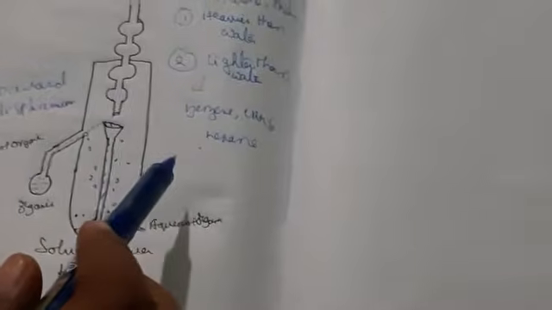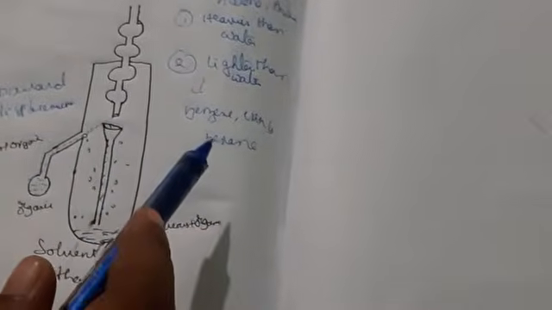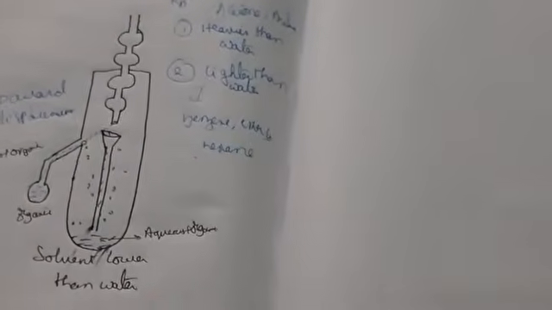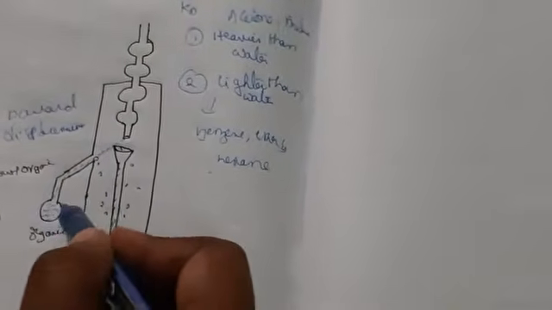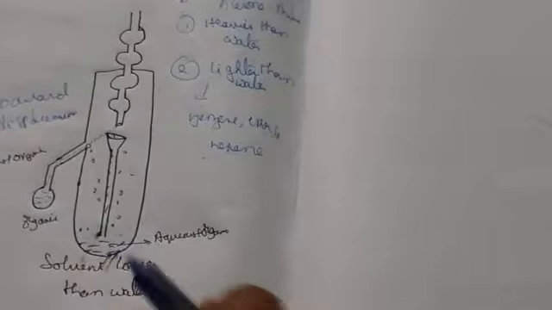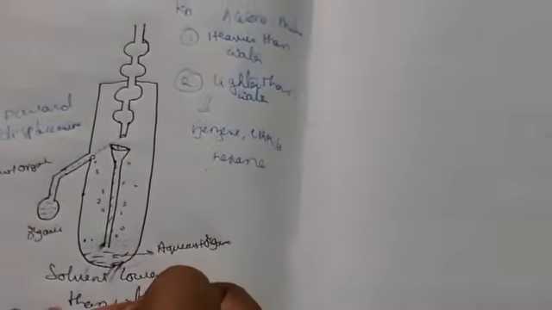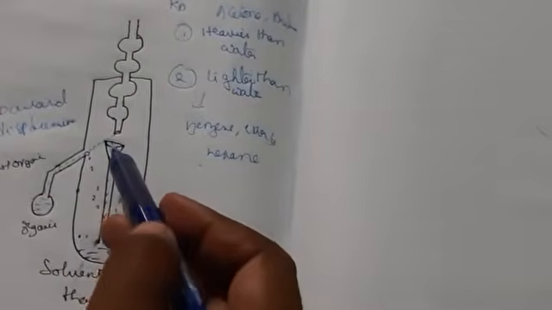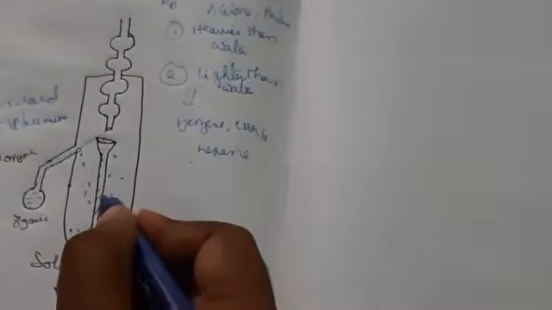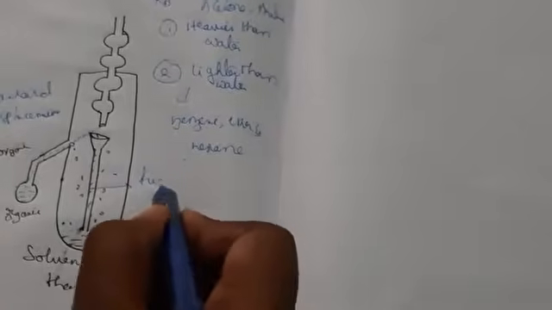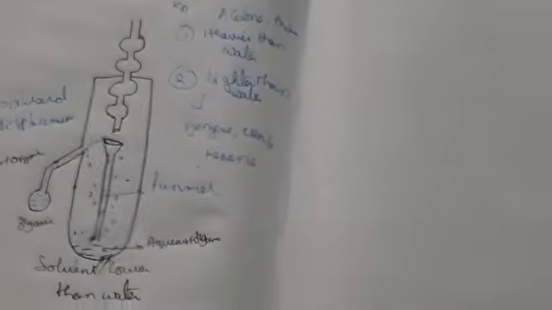Okay, suppose the distribution coefficient is high for water and low for the solvent, then what happens? Let us see. Here also you are taking an organic compound, and here also you are taking an organic compound. Now inside the beaker we have inserted a fractionating column, and this is a funnel. This is a funnel and this is a fractionating column.